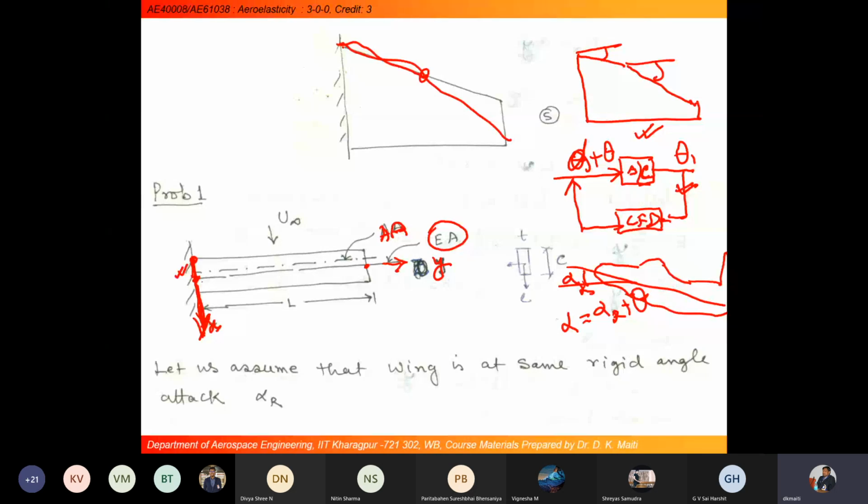Just think of it as a two dimensional idealized beam model, where aerodynamic load acts through the aerodynamic center, and equilibrium of this finite wing will be considered about the elastic axis. If I take the bending equilibrium equation, I will get